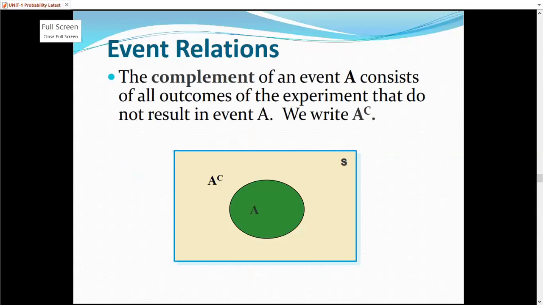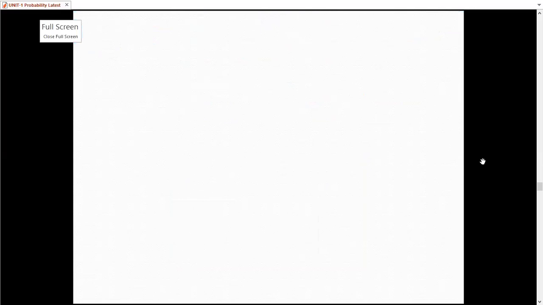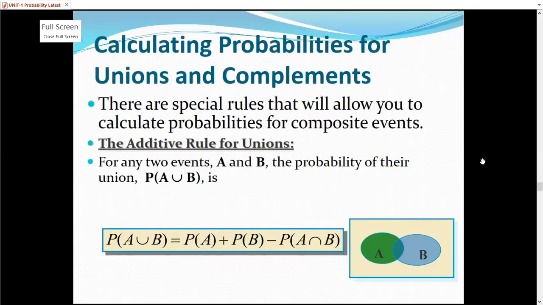If these A and B are mutually exclusive, then probability of A intersection B gives you 0. Now coming to the complement part. So if A is any event, then the part A complement we can represent in Venn diagram. So that is A, probability of A plus probability of A complement gives you 1. So probability of A complement is 1 minus probability of A.